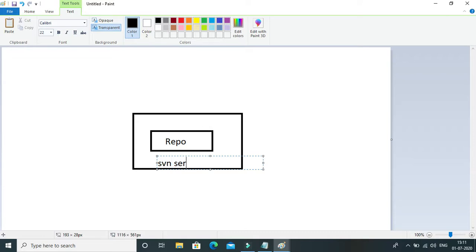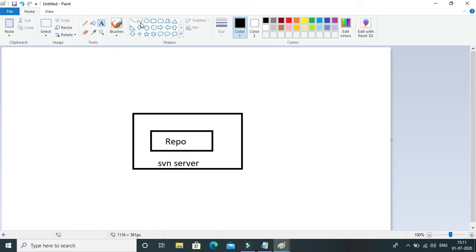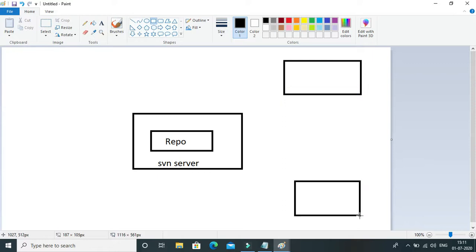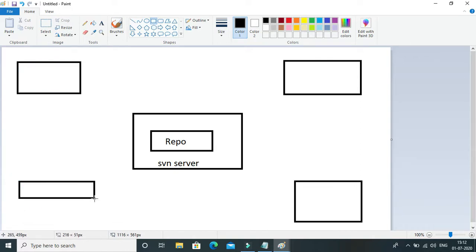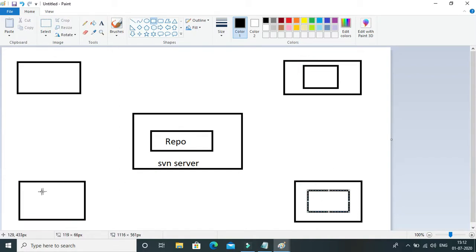In different locations, different team members will work. So for that we will create a different SVN client for each location or each team member. We create a different client for each team member.